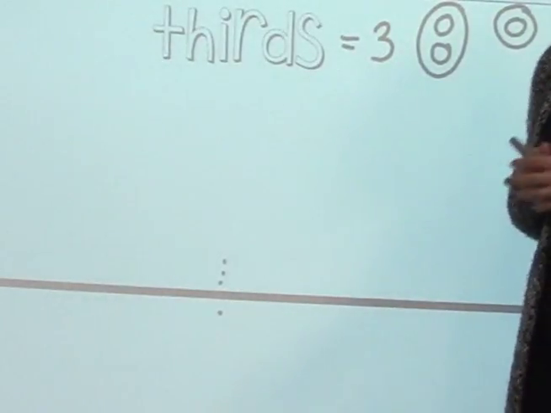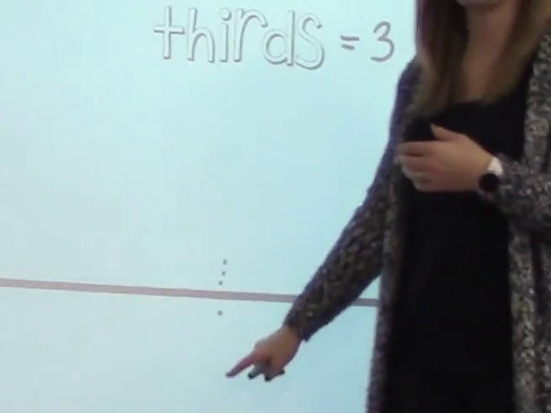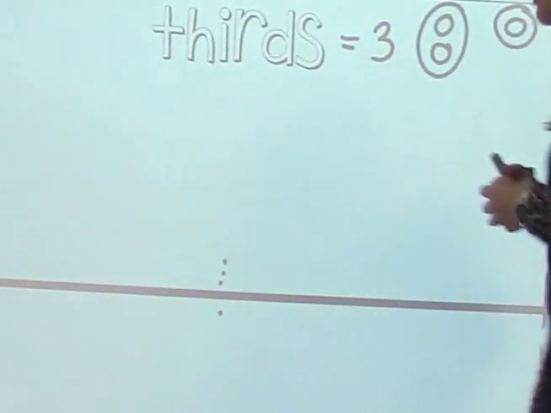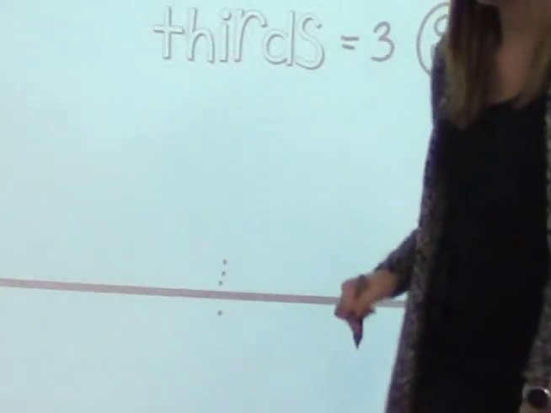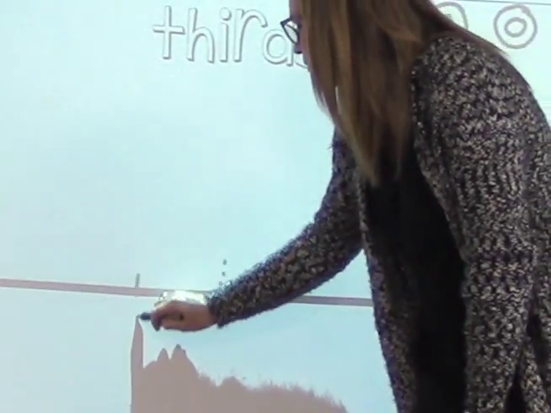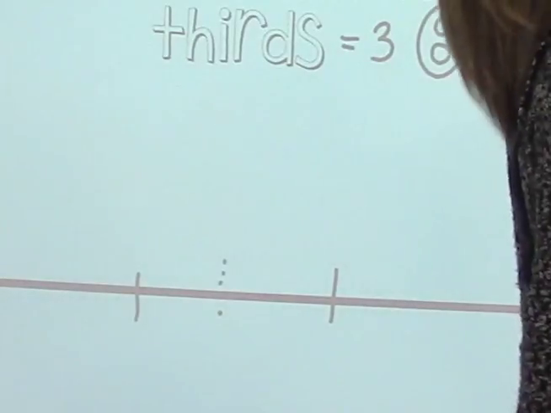It wouldn't work out. So when I'm partitioning the number line, I know there's not going to be a halfway mark, okay? But I do know that I'm going to have to make 2 other endpoints. So what I do is I go a little to the left and a little to the right, and then I look to see, are